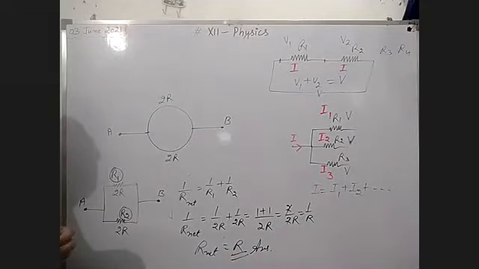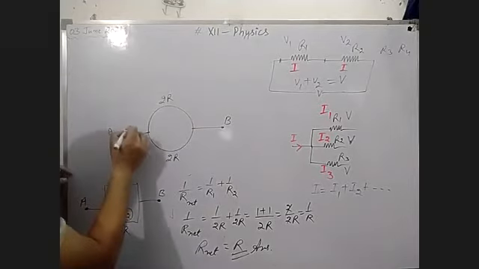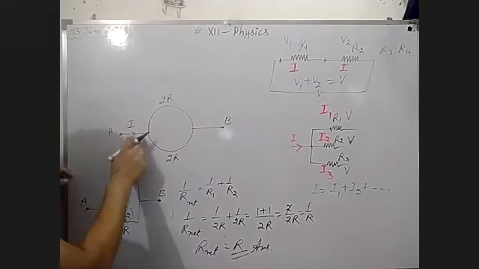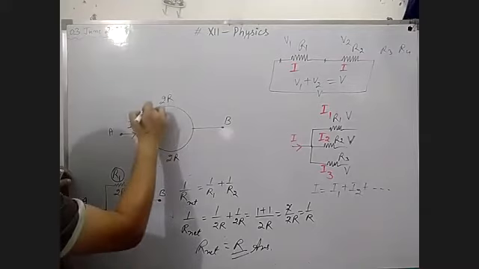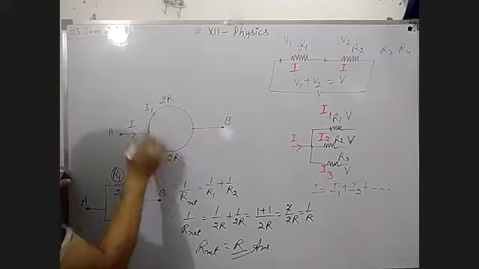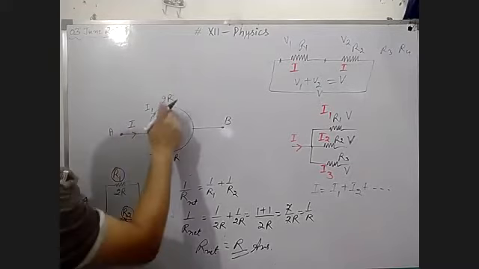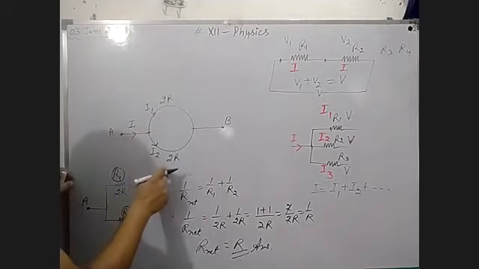Now you have to calculate the equivalent resistor. These are the terminals. Okay. You can see this thing here. Suppose current is coming from the point A in this way. Now you can see this thing. Current will divide into two parts, I1 and I2. If currents are divided, it means this and this part of this circle are in parallel.